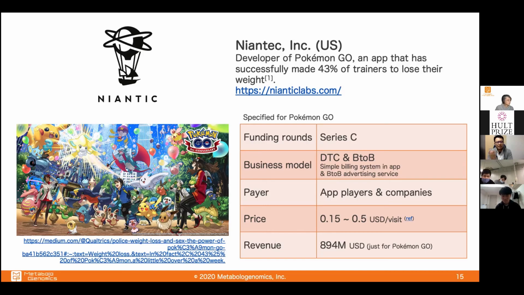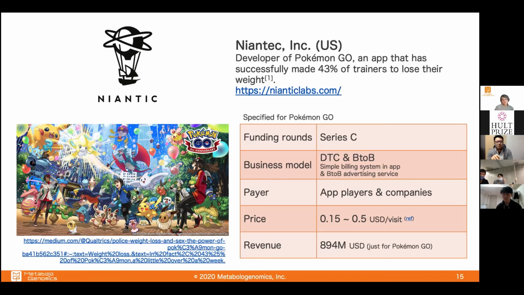Of course, as Taku has mentioned, making profit is very important for a startup or a business. And for a normal gaming application, the payer is a simple application player. So people will pay money to the company to play the game more comfortably or faster. But that profit would be relatively small. Well, it depends on the game, but generally speaking it's quite small.